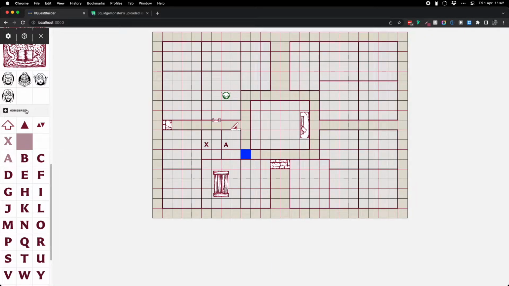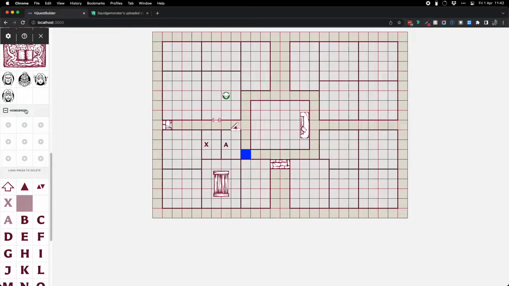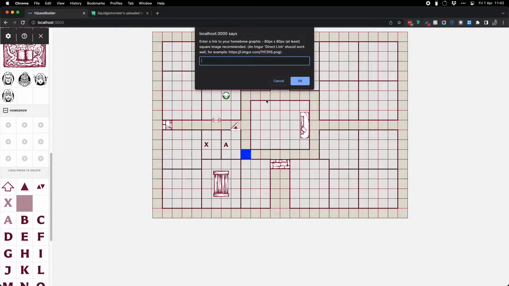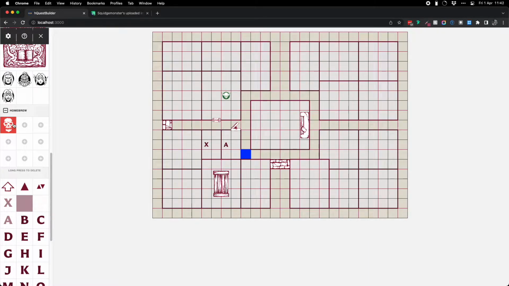So Homebrew is for those people that would like to add something a little bit different to their board. So I've given a grid of up to 9 tiles here, which enables you to create effectively a homebrew palette. If you click on this, it will bring up a modal that will ask for a link to an image. So as an example here, I will copy this image reference in, say OK, and it will download that image